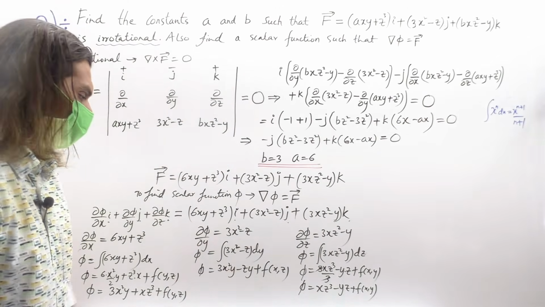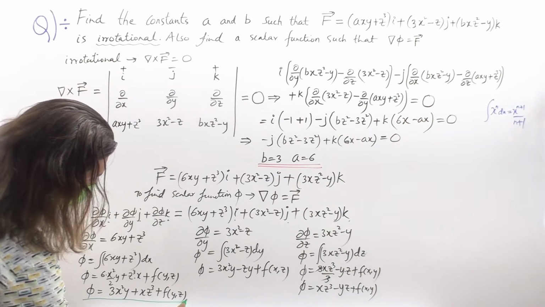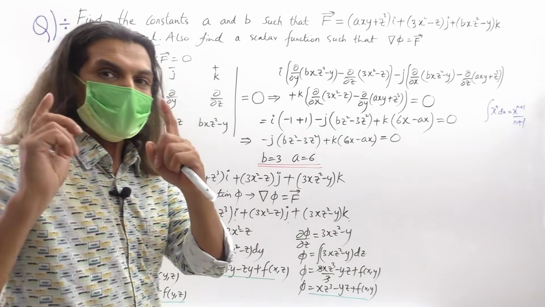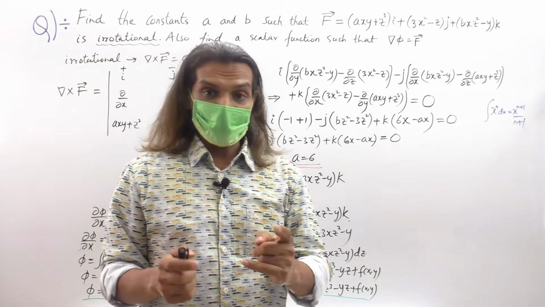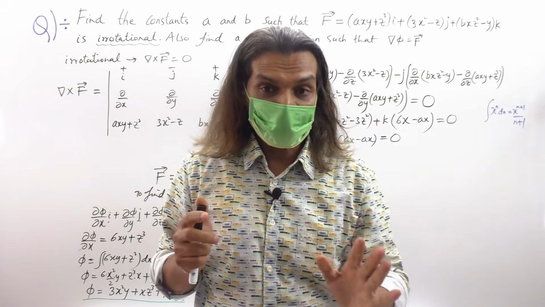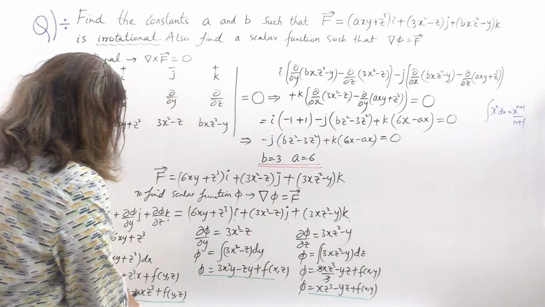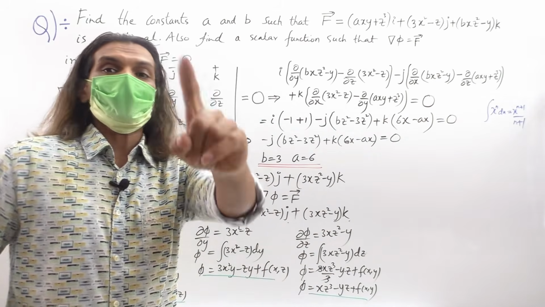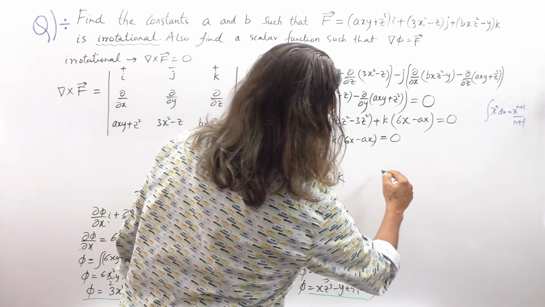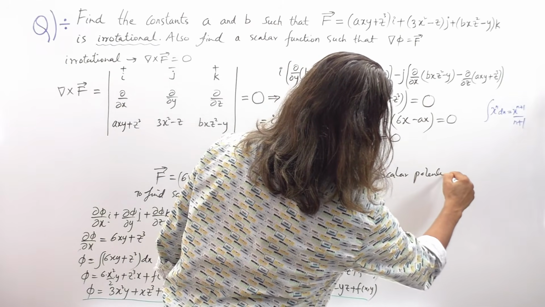So we have all these three phis here, three scalar potentials here. Now we have to add them together to make a single potential. And what did I tell you? Always when functions add together, function plus function becomes a single function. That is, when a value is repeated more than two times, take it only once. So first, starting with the total scalar potential,